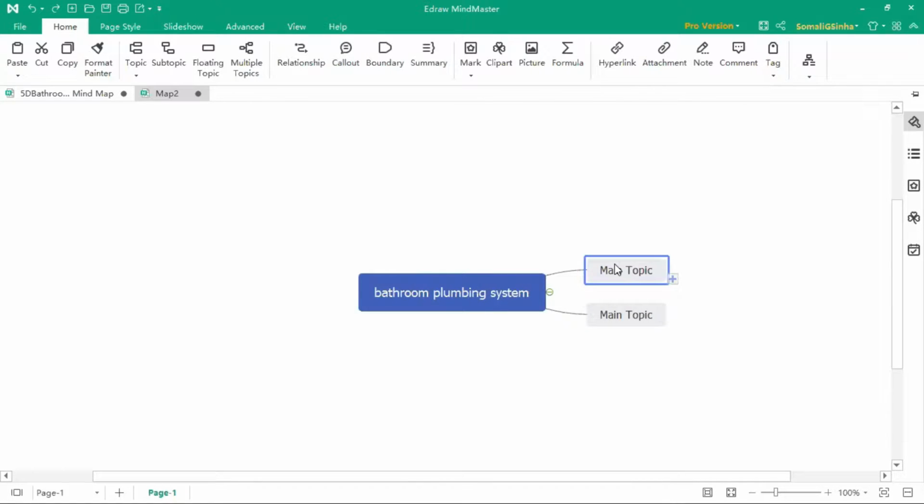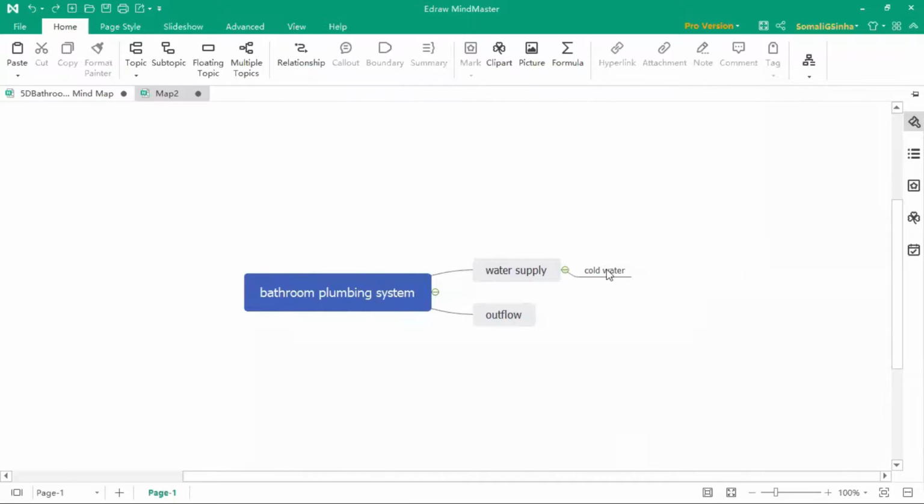One thing is the supply. So normally what is the kind of supply? We supply the water, so we can call it water supply as well. And what is the outflow? So inflow and outflow from a bathroom. Okay. Now what are the different kinds of water supply? Again, we give only one supply, that is the cold water. We don't give hot water supply to a bathroom. Rather, we change it to a hot water.